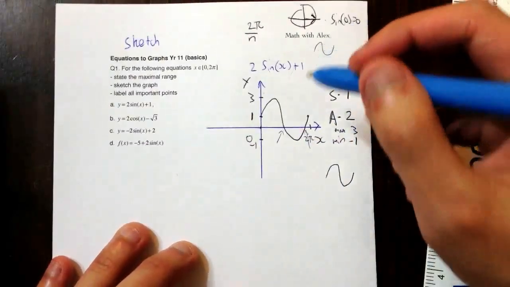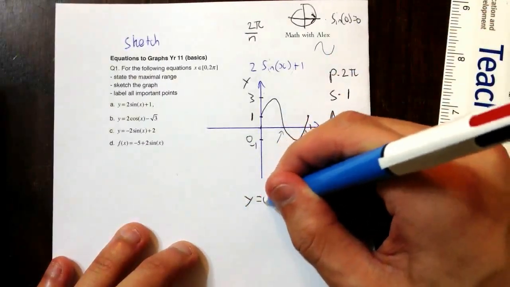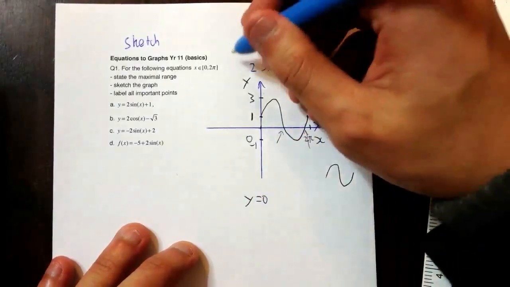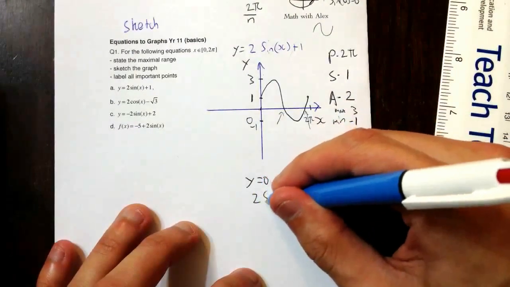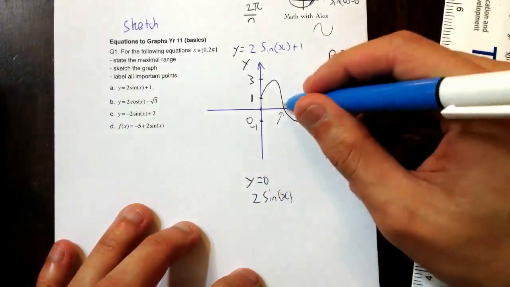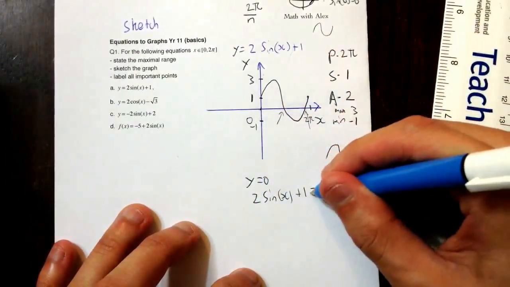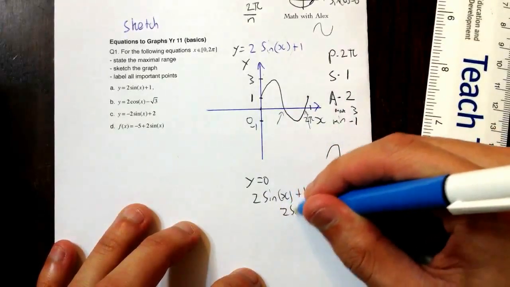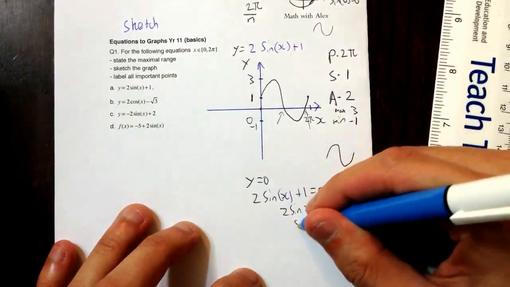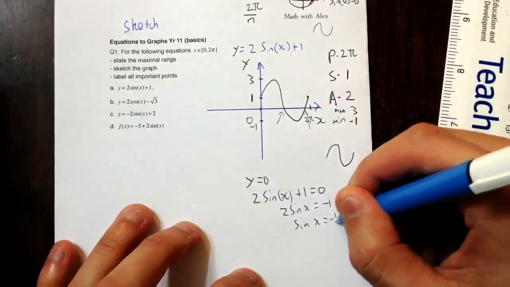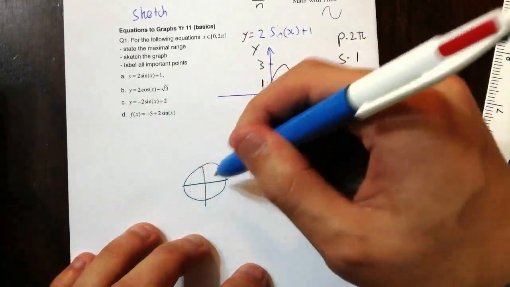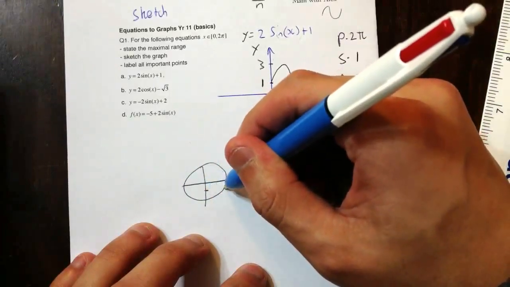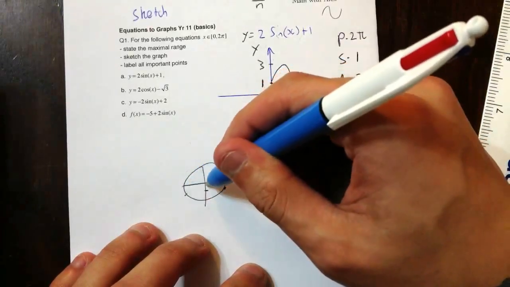So how do we find the intercepts? Well, that's when y equals 0. That's what the x-intercept always means. So that's when this thing equals 0. We need to figure out the x values. So we just need to solve it. 2 sine x equals minus 1, sine x equals minus a half. Now if you use your little table, I'm not a big fan of this table, but if you have your table, you'll find that